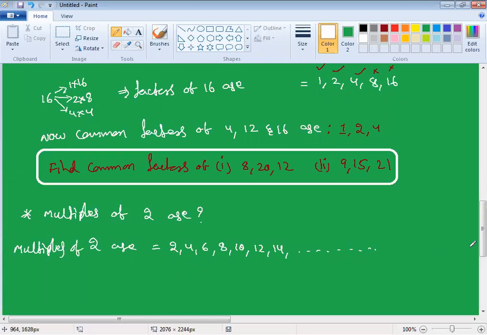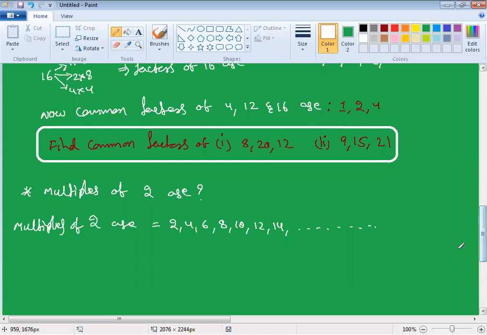In the same way, we can write multiples of any number, like the 3 table and its extension. Up to where? Up to infinity you will get. There is no finite end. 2 into 100 you will get 200. 2 into 5 lakhs you will get 10 lakhs. Like that, you can write the multiples up to infinite. This is the infinite symbol. In the same way, we can write multiples for any number easily.